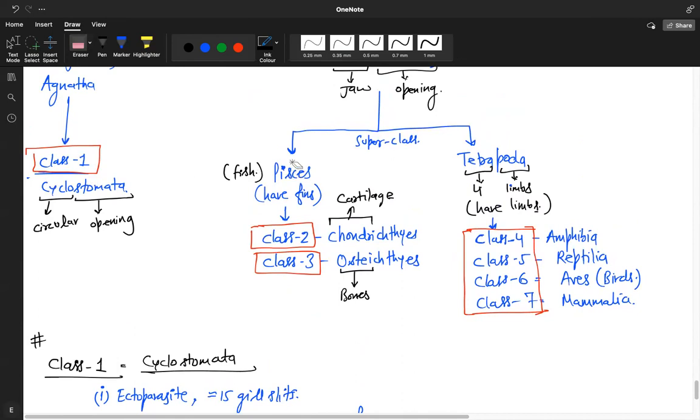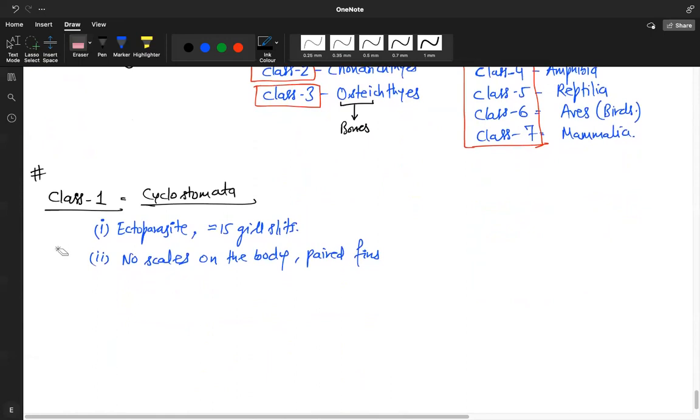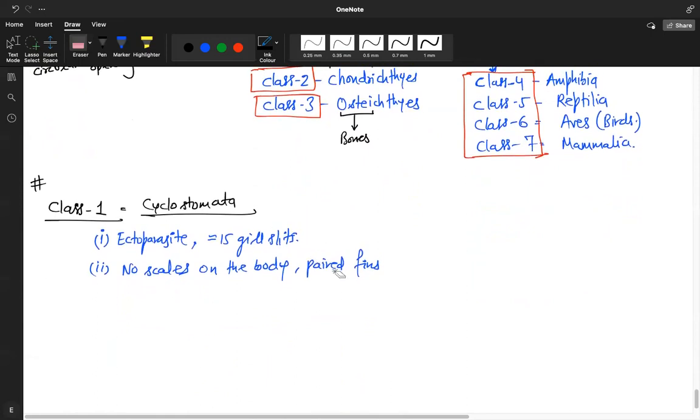Second, they do not qualify to be fish because they don't have scales. Fish have scales on their body, but they do have paired fins. So they are kind of fish, but not a fish. You understand that? Okay, that's the second point. Then third,